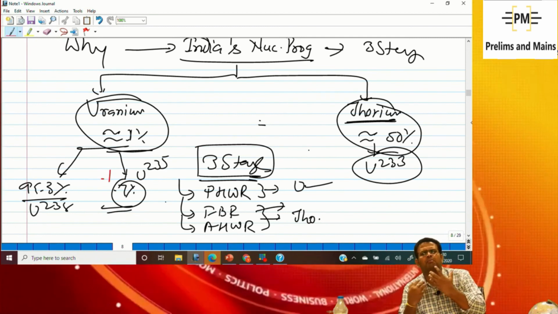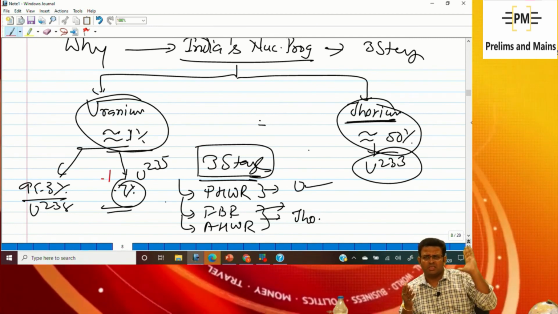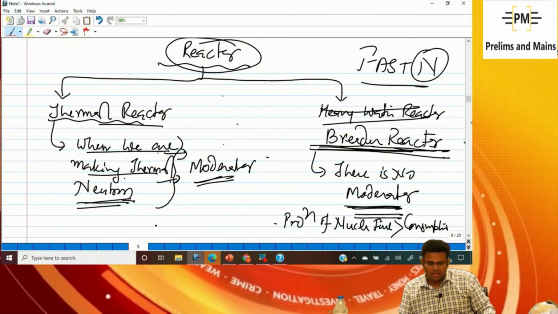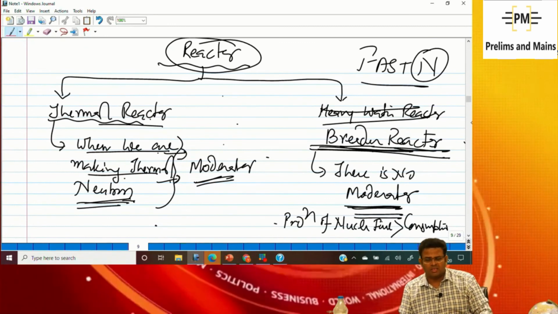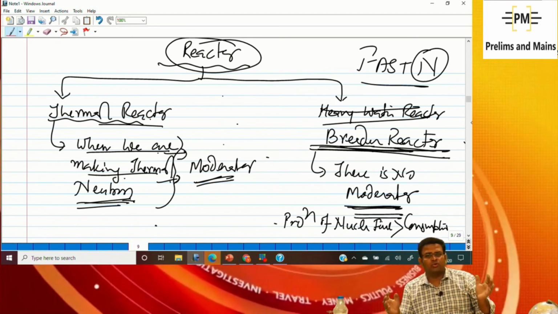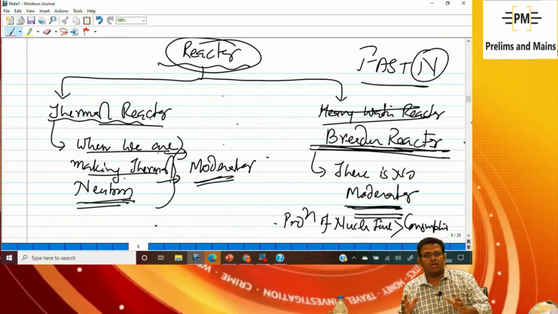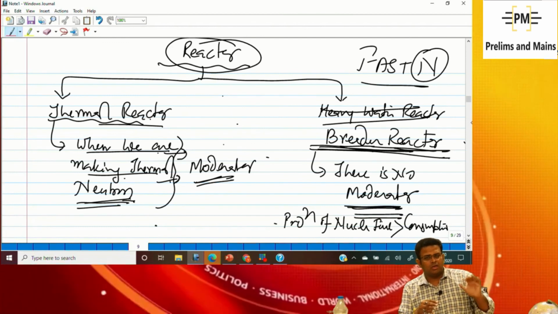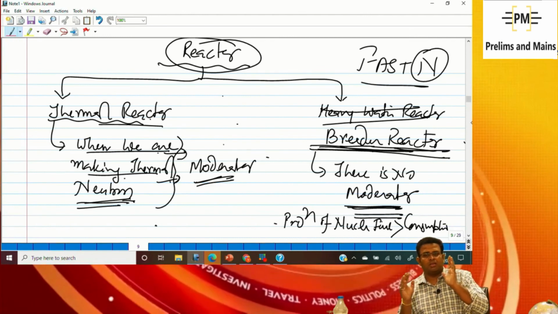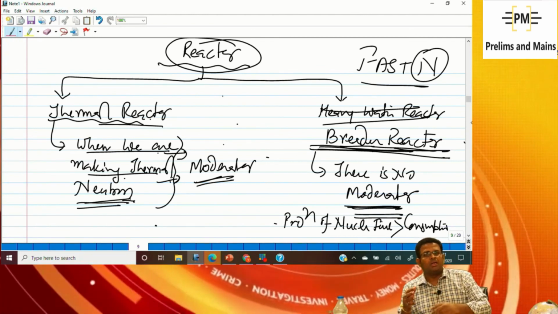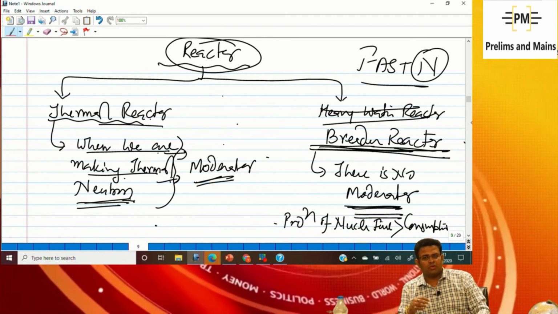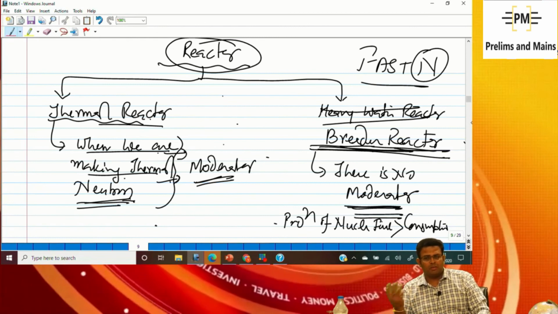Tomorrow it will be completely clear when I teach you all the stages and all the types of reactor. And then we have gone for reactors: there is the thermal reactor and the fast breeder reactor or breeder reactor. Thermal reactors are those where moderators are utilized, and moderators convert neutrons into thermal neutrons. So those are considered thermal reactors, but in the reactor in which there is no moderator and neutrons are moving faster, those fast moving neutrons will reduce their speed by multiple collisions,